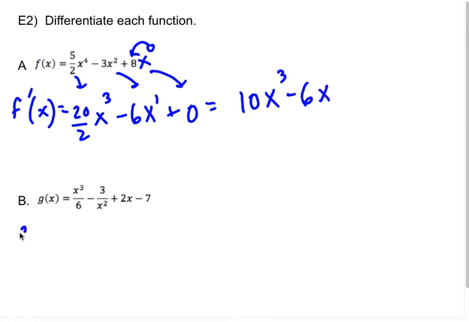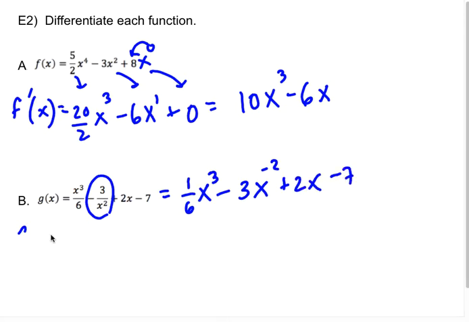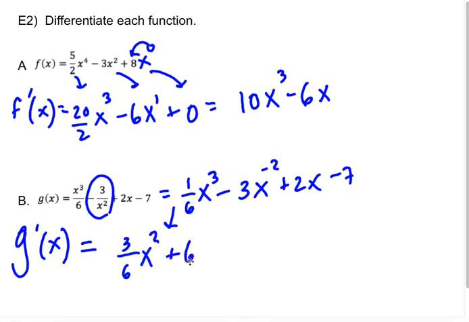Same thing here when I differentiate. Now, be mindful because this thing right here you need to rewrite before you start, right? So I would suggest you consider this an x to the 1/6 x to the 3rd. I think that's an easier way to look at this, but it's up to you. 2x minus 7. Okay, so now when I go to find my g prime of x, right, I'm going to differentiate each piece. So I'm going to get 3/6, which is going to be a half, but we'll clean that up in a sec, x to the 2nd, plus a 6x to the negative 3rd, plus a 2